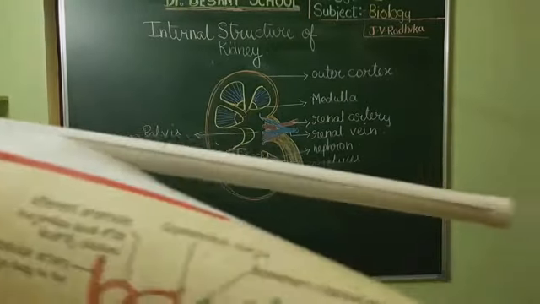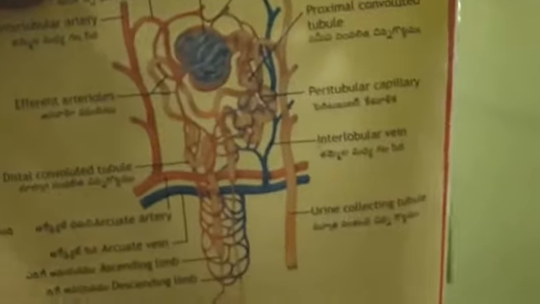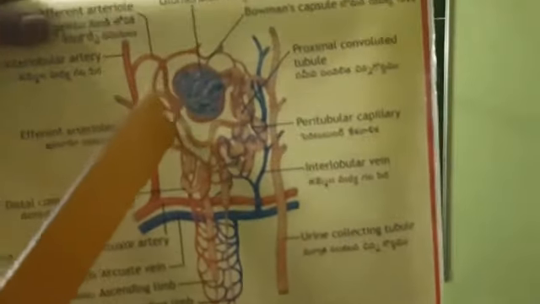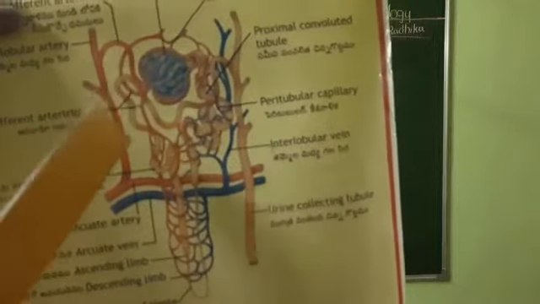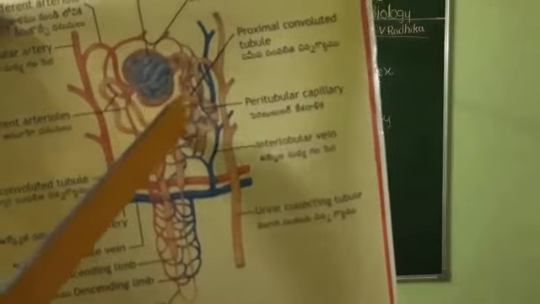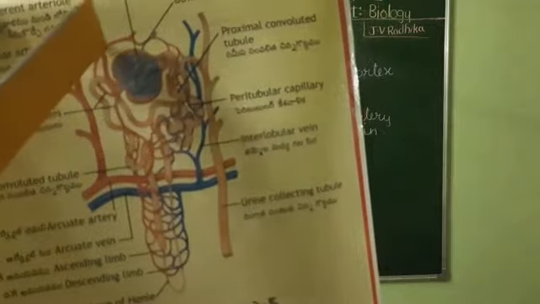See now, you are able to identify easily. Okay, so here you can see this pale colored structure. So this whole thing, this cup-like structure that is there. So what is it made up of? It is made up of a Malpighian body and a Malpighian tubule. The tube-like structure and the cup-like structure. So this is the Malpighian body, or it is also called the Bowman's capsule, and this is the tubule.